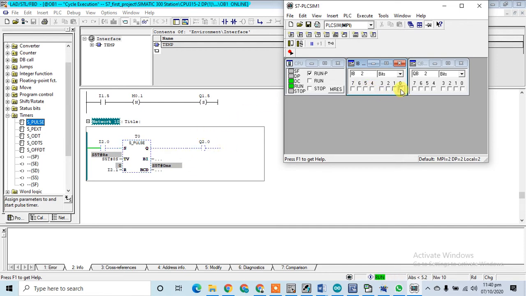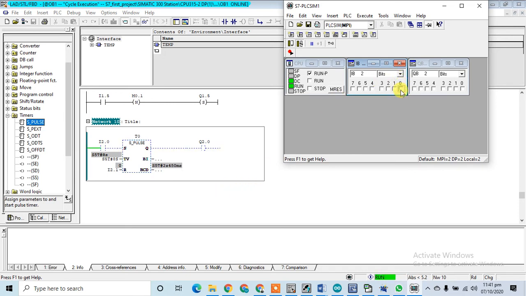So now see what I am doing. If I insert an input and switch off my input before the timer completes its time, what will happen? If I switch on my input, and now I am switching off my input, the timer will restart from its value. So it will depend on this input, this should be there. So if I insert my I2.0 again, the timer will start initially from the 8 seconds and go down toward 0.